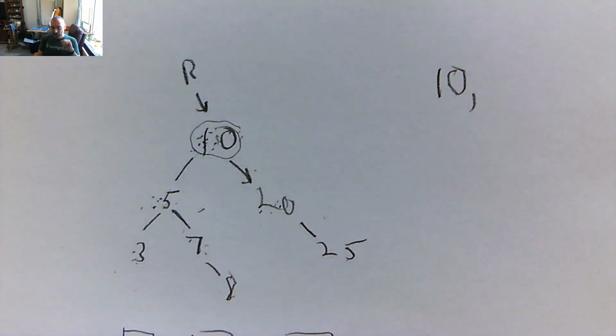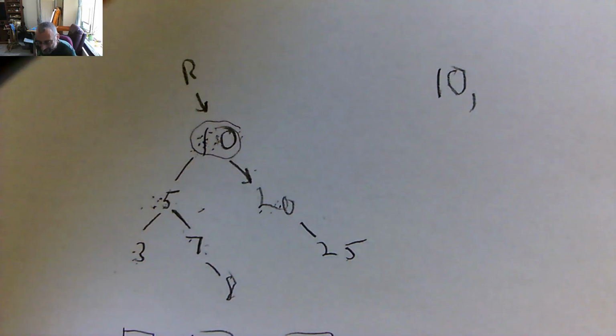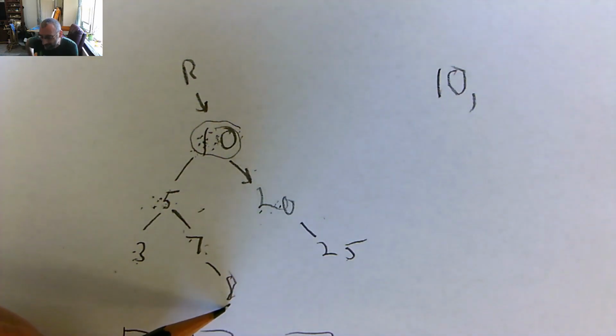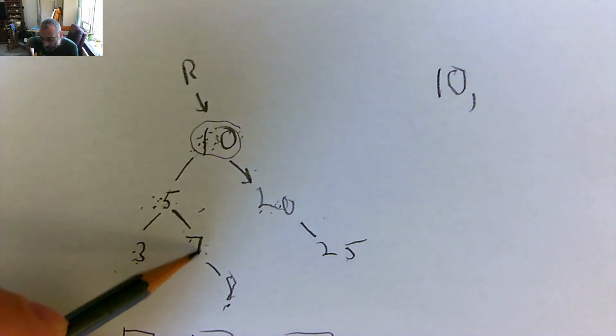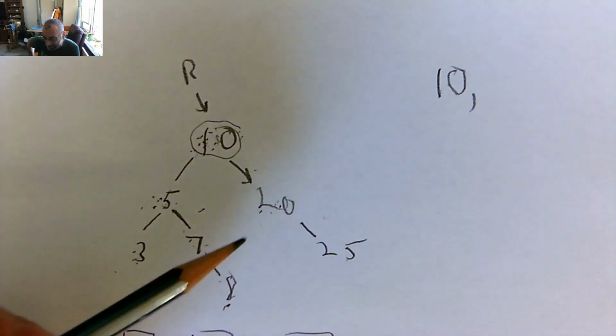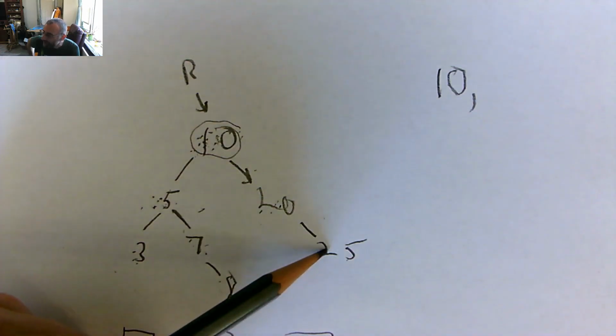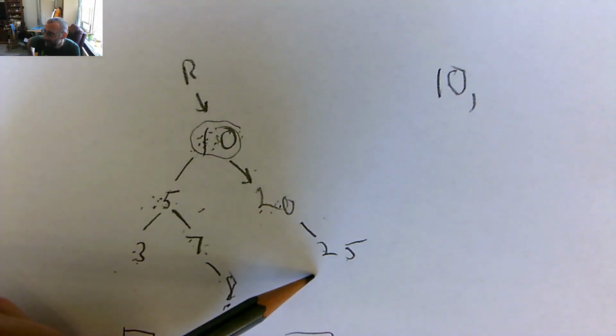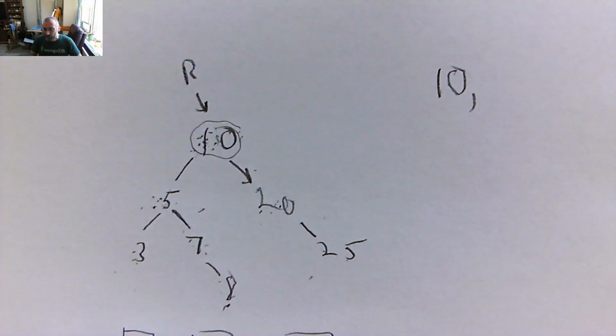But let's look at this. So if we wanted to delete from this tree, unfortunately, there are a lot of cases. If you think about it, certain things are going to be really easy to delete. Getting rid of this 8 down here would be easy because all you have to do is point the 7 to null. Deleting this 25 would be easy because you point the 20 down to null. So if you're doing a deletion,